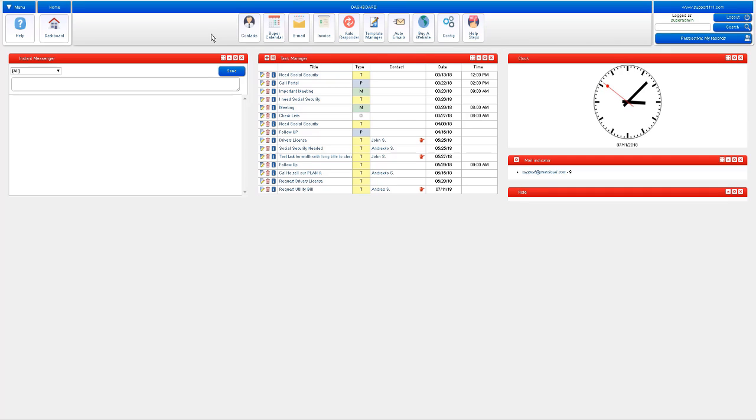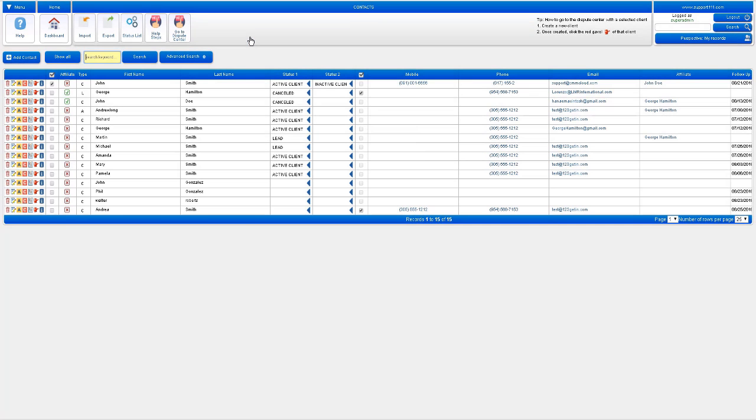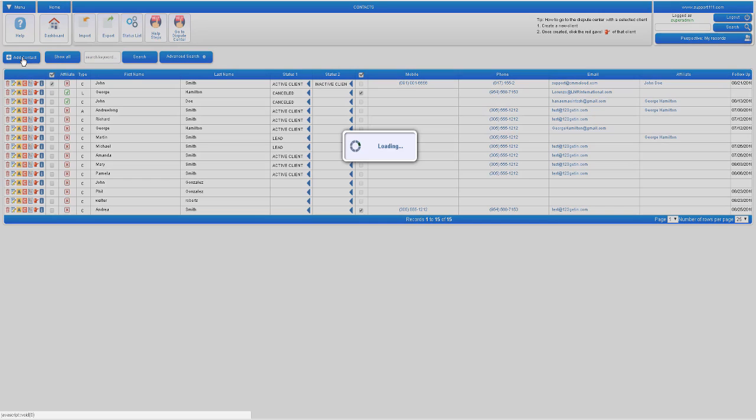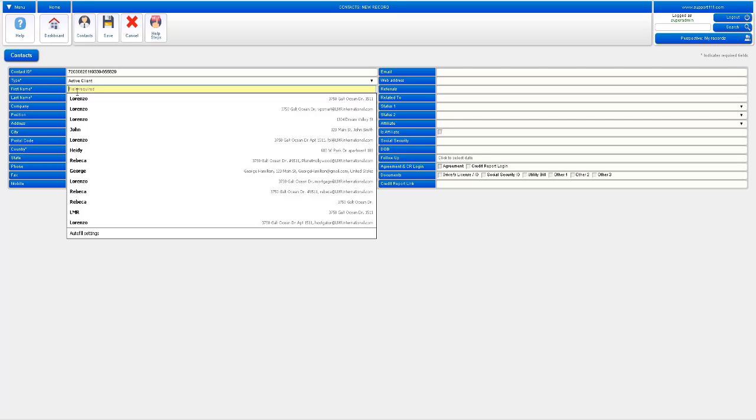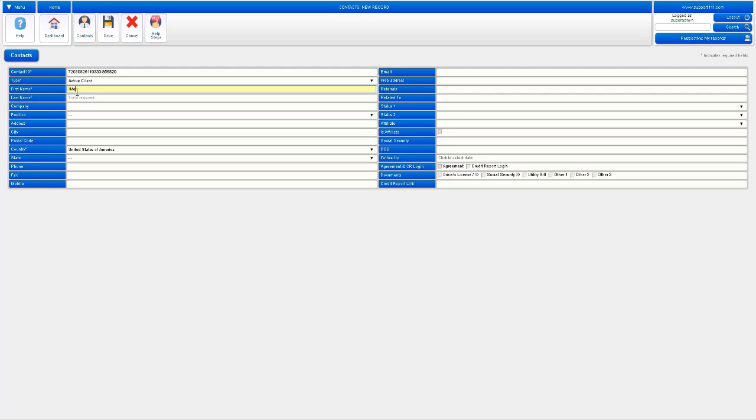Now, how to process new clients with the new features in Credit Money Machine Cloud. We're going to go to the contacts area here by clicking contacts, and we're going to add a contact. So let's say that you have a client on the line, on the phone, and for example we're going to put here Harry